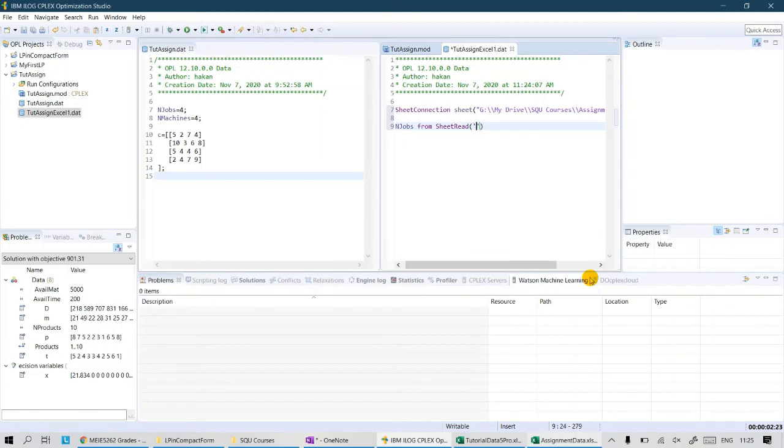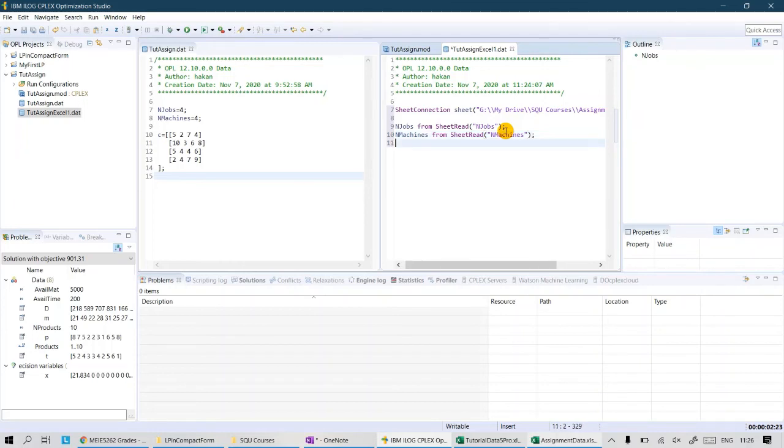So the first thing is n jobs. Basically you don't need to write the sheet name as well. Okay, just n jobs is enough. And then n machines from sheet read. Okay, and then n machines,